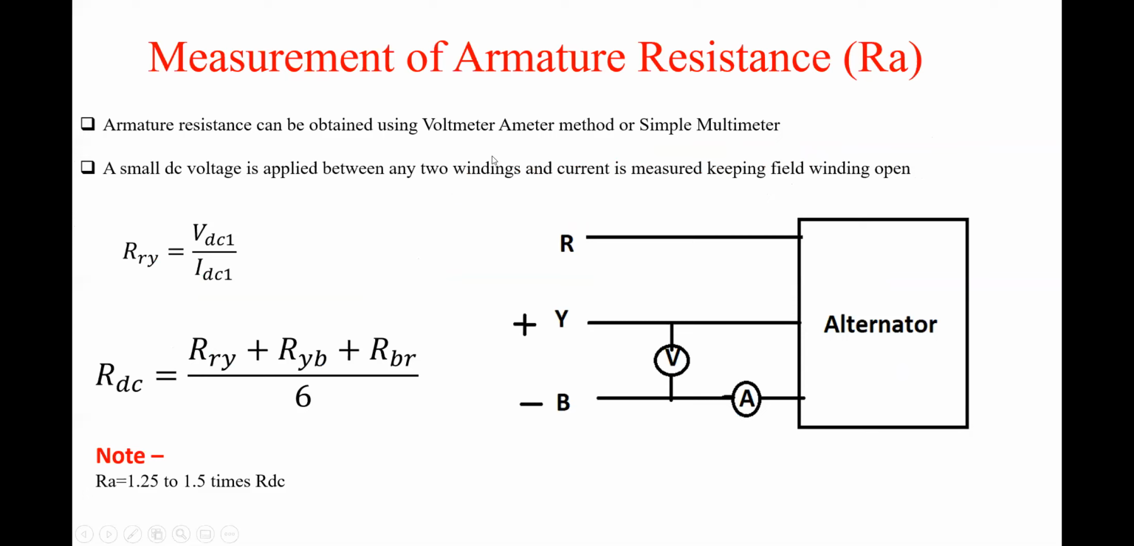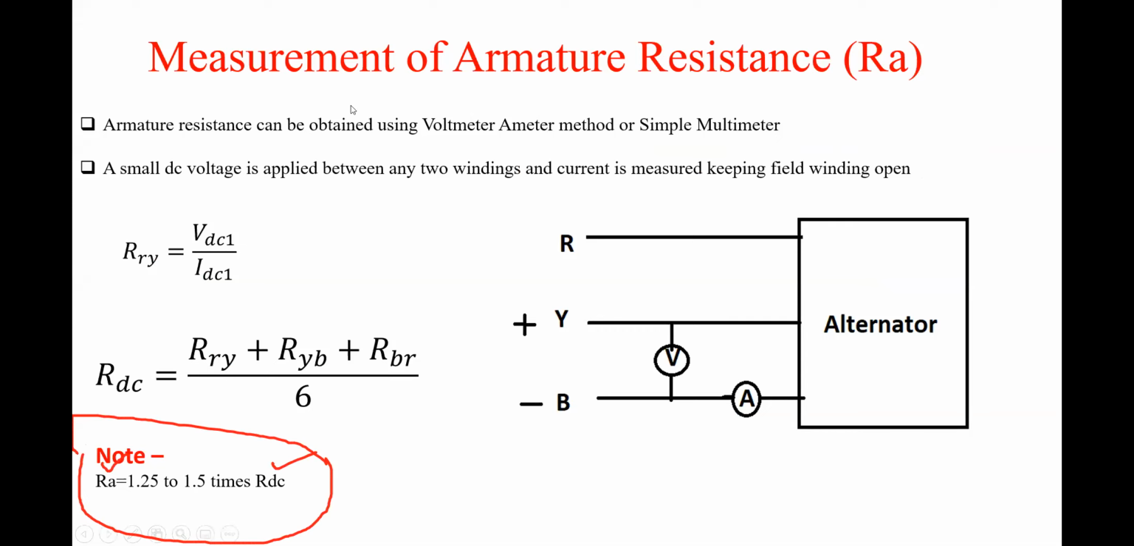So in this procedure, what is the conclusion? After calculation I write this note. This is a very important note: your armature resistance is 1.25 or 1.5 times the DC resistance. This is also called the skin effect. I already explained it in the last lecture. So this is very simple. And then next we see